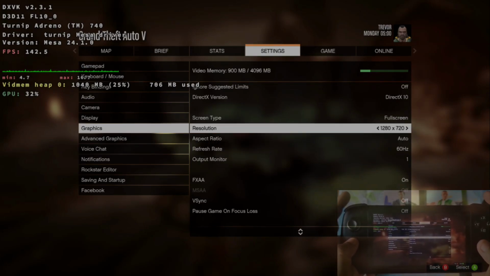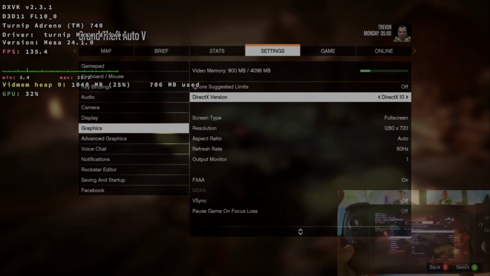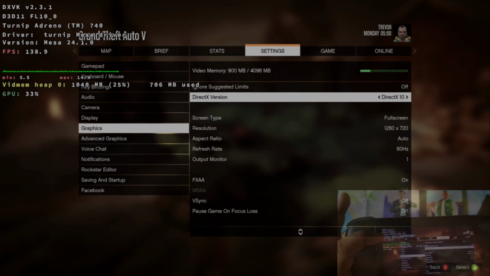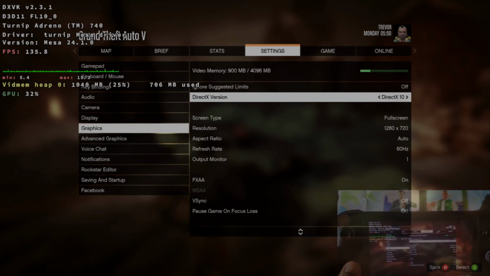Third option, which is most important in order to get the physical controller working, in my case, is turning the game's DirectX version back to DirectX 10. There are three options: DirectX 10.1, 10 and 11. By default it will run on 10, and if you have enabled this DXVK HUD, it will show you FL 11 instead of 10. Right now we are running on DirectX 10, so it's showing FL 10. Anyway, once you have set this up,